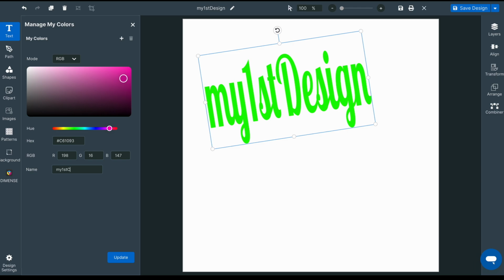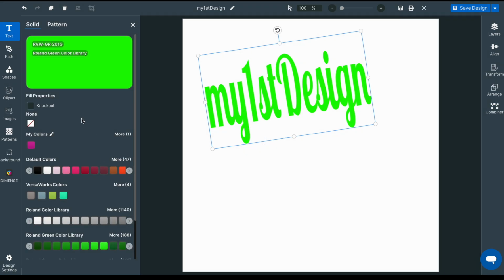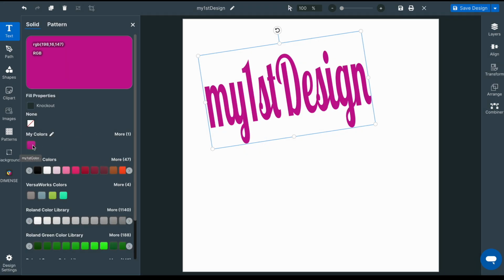When the color has been defined, I name the color and add it to my library. So here it is, in my colors.